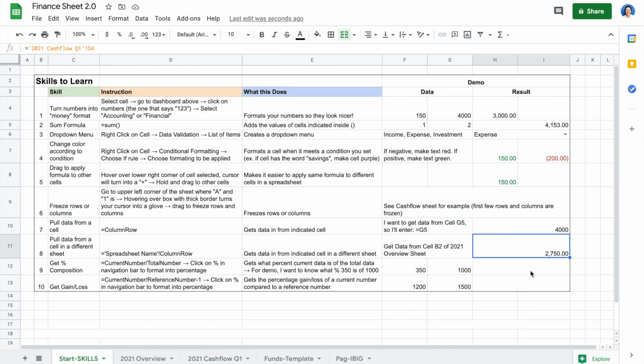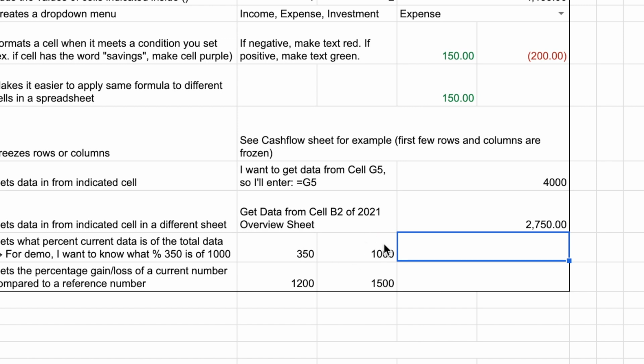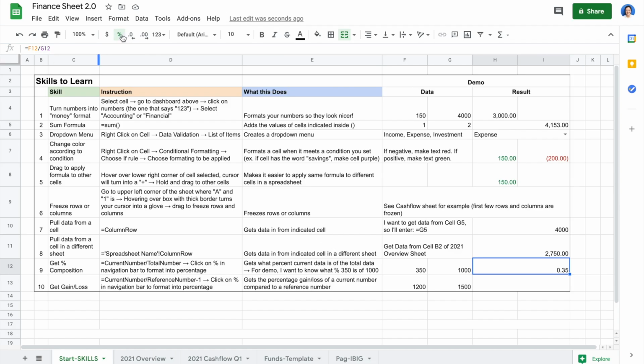Now to get the percentage of the composition, this is useful for this part of the spreadsheet. All you have to do, let's say for example, how much of a percent is 350 of 1,000? So I'll just put equal sign, 350 divided by 1,000. You can see that it's still a decimal, so I just have to go up here to format it as